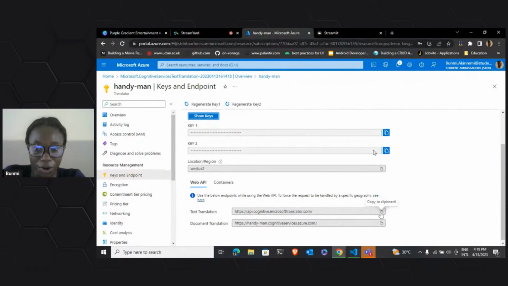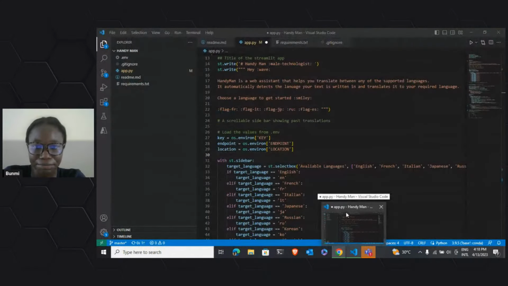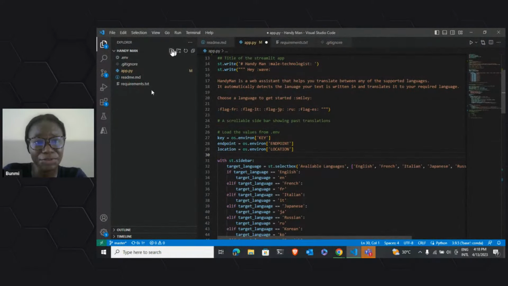So you want to copy this. Go back to your VS Code. You're going to create a new file. You're going to call that file .env, so it's an environment variable. Mine already exists, so I can't create it. Okay, so now your .env file is going to contain these keys,